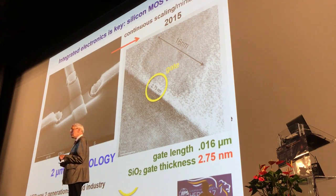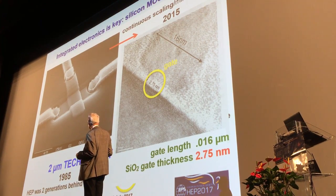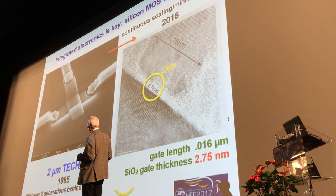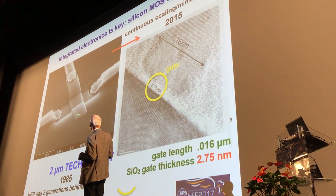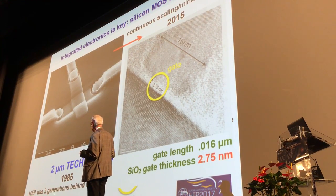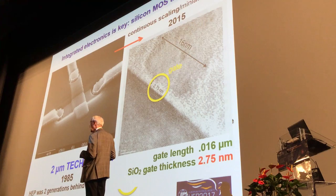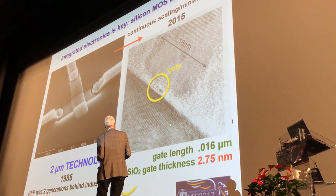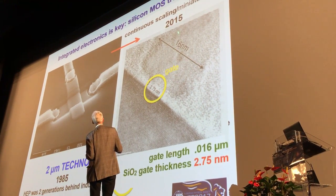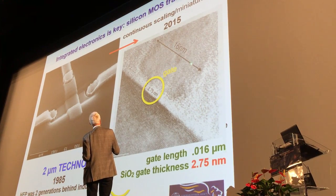So now we are slowly progressing to a different situation. In 1985 we really started to do electronics, so that was a little after the first microstrips. But 2 micron at that time was a very good dimension, and you see here a transistor in 2 micron CMOS technology. At that time we used electronics of the order of 2 or 3 micron, and industry was using electronics of 1 micron. Today, electronics uses a gate length of 60 nanometers. This is 2015, so 30 years later, it was down to a very small dimension,